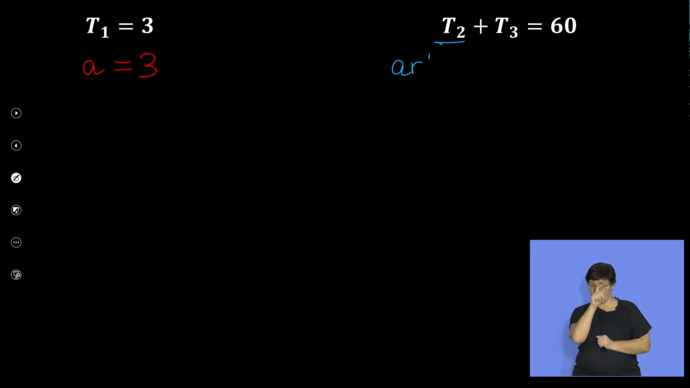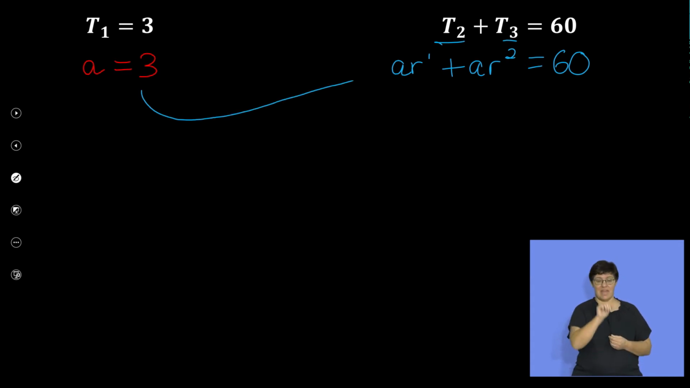Because just a reminder, the power of the R is always 1 less than the term value. This is being added to term 3, and I can actually write term 3 in terms of A and R as well. Term 3 will be AR squared, because the squared is 1 less than the term value. So I've got AR plus AR squared is equal to 60. We now have the advantage of having A being 3, so I can carry that across. So if I'm substituting in 3 for the A's, I'm going to have 3R plus 3R squared is equal to